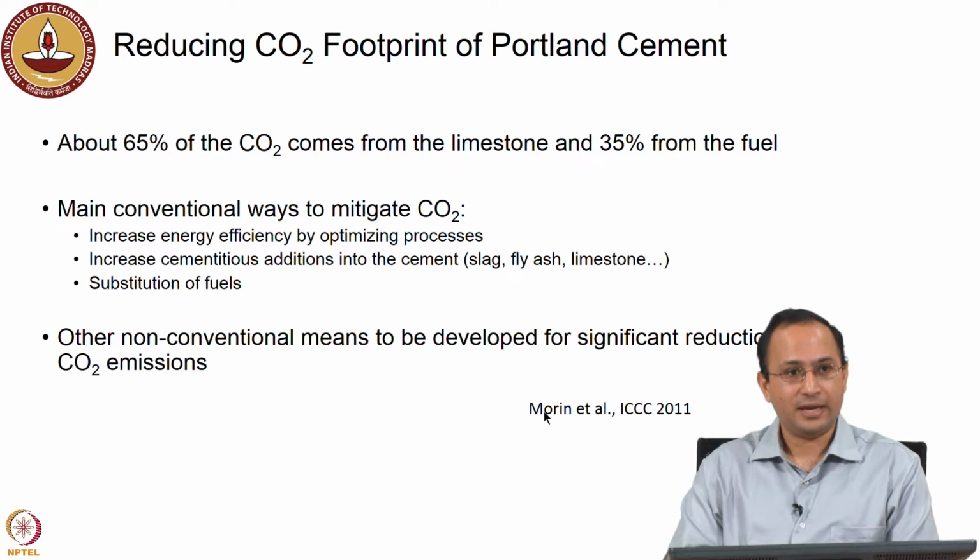We have been doing that for a while, like adding slag, fly ash, limestone. Also we can think about substituting fuels, more environmentally friendly fuels. But we need to think of non-conventional ways if we really want to significantly reduce the CO2 emissions during the